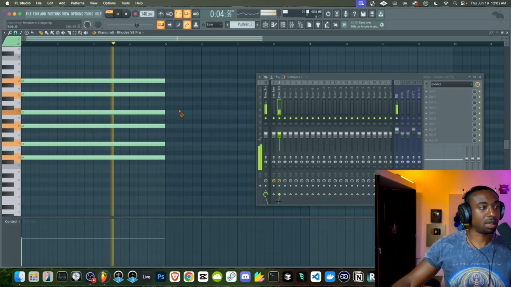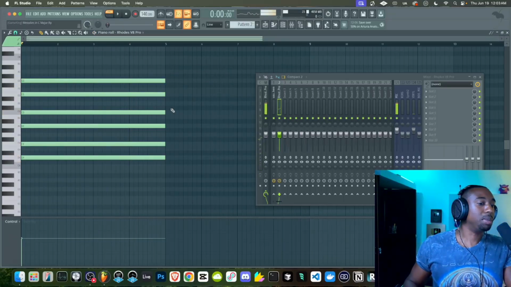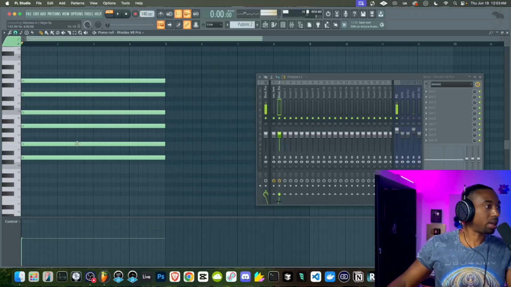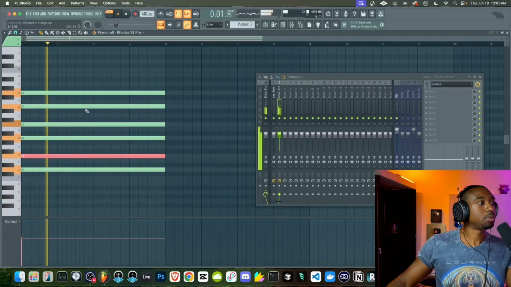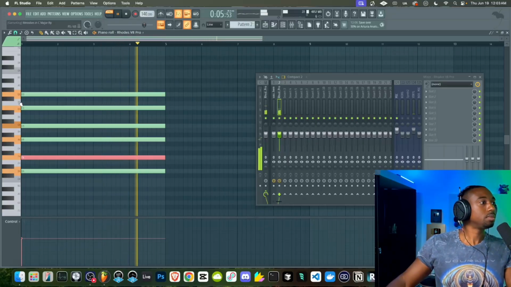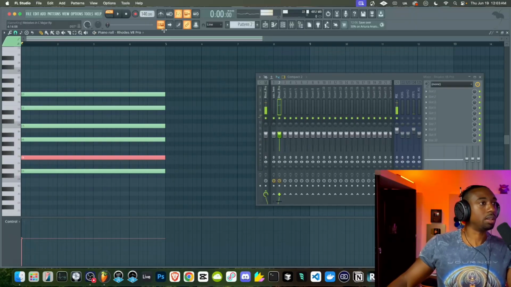Okay, so now we have a really big chord, and you know, the foundation of melody is harmony. Okay, so let's use a raised 3rd here. And we could pivot around that note.